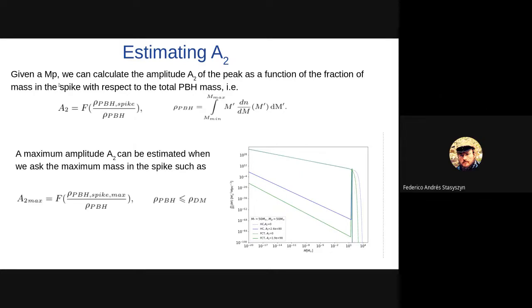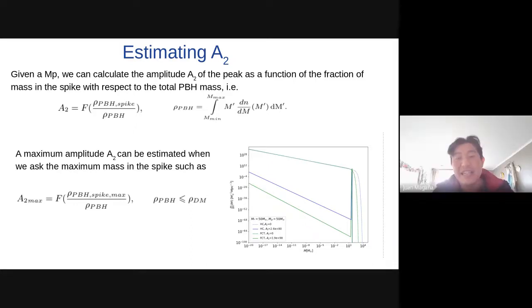Sorry, Juan? Yes. Yeah, I mean, Ignacio raised his hand. Maybe he wants to make a question there. Okay. Yeah. I wanted to ask just that the peak mass is related with the peak in K, in wave number, right? So maybe you can make explicit that relation between the peak in the power spectrum and the peak in mass.